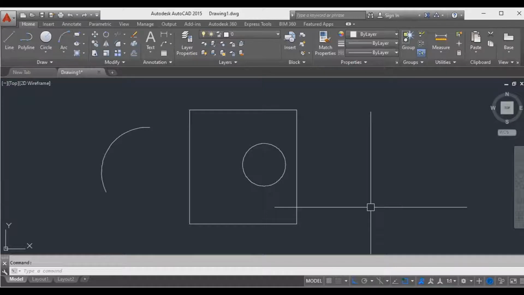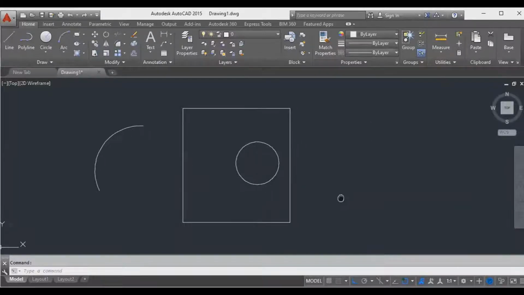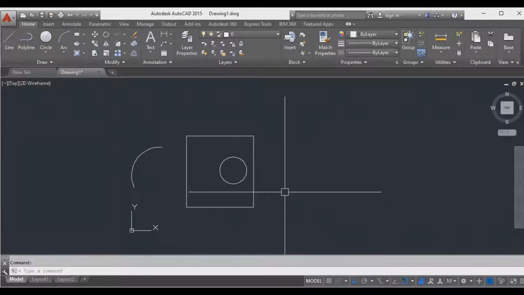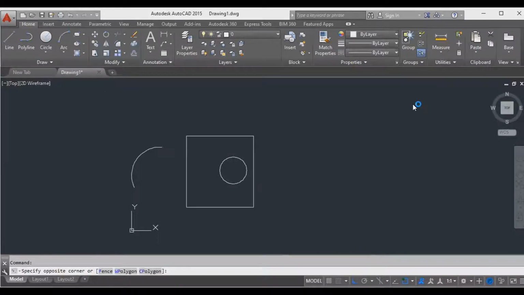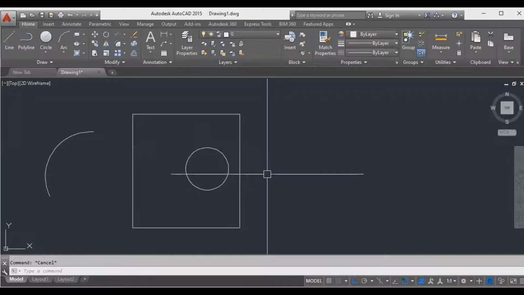Just before, I said one word: select the object, right? I want to tell you one more thing about the select. I don't know how many of you try to select the object, like a line, circle, arc. But I want to teach you now how we can select the object.